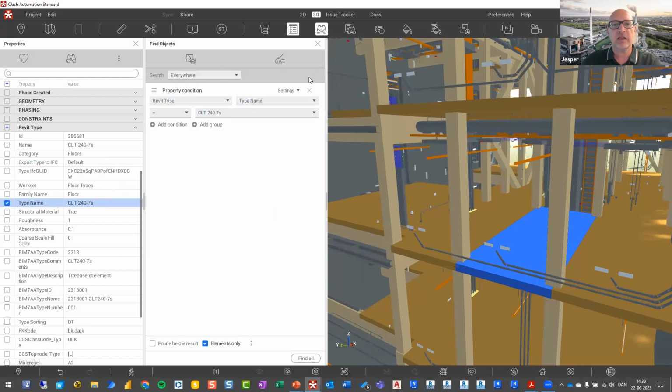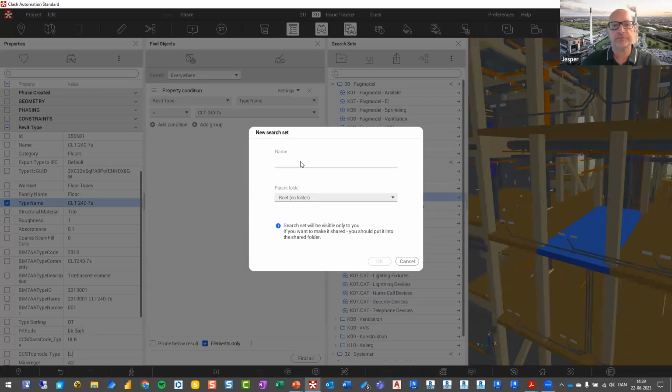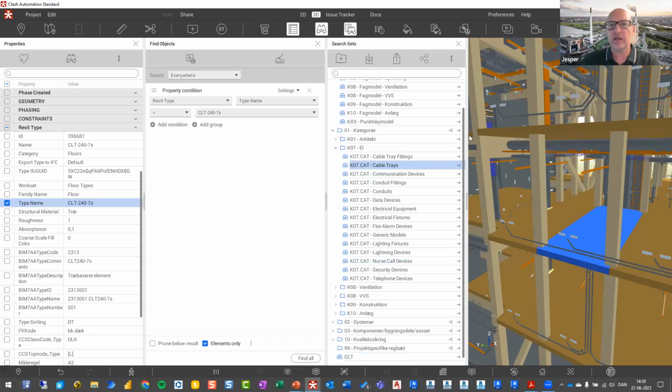And I can just save as a new search set, CLT, root folder, comes in here. You can see it down at the bottom. And right when I click that,